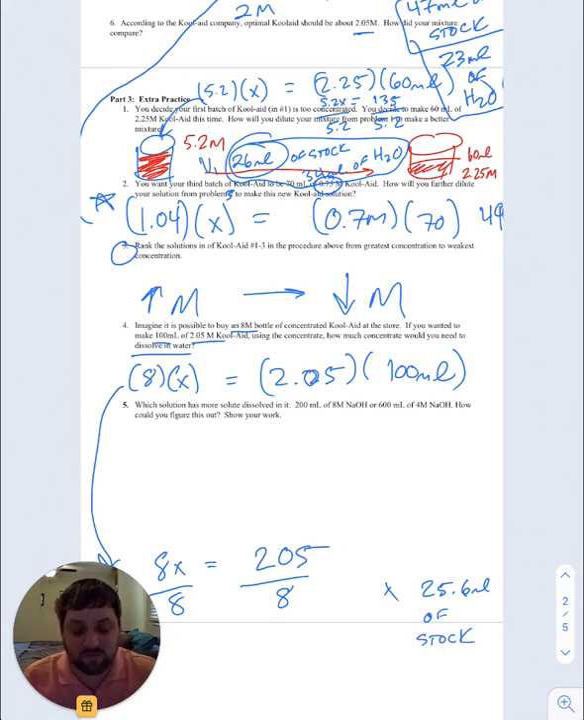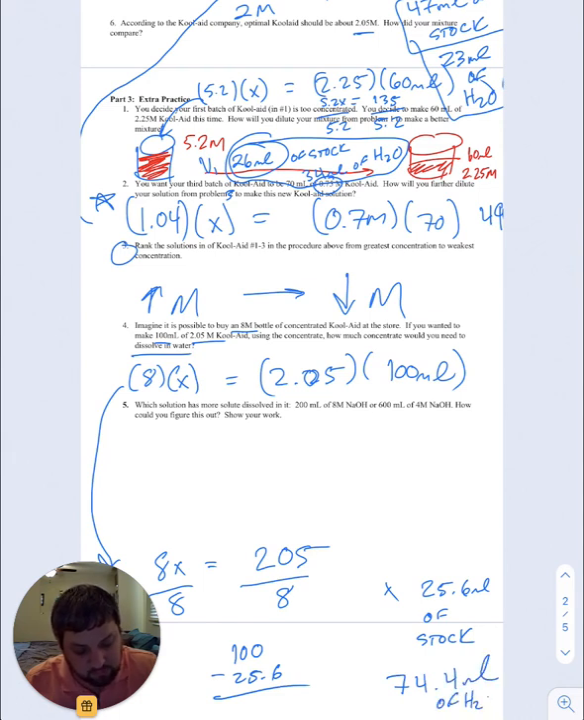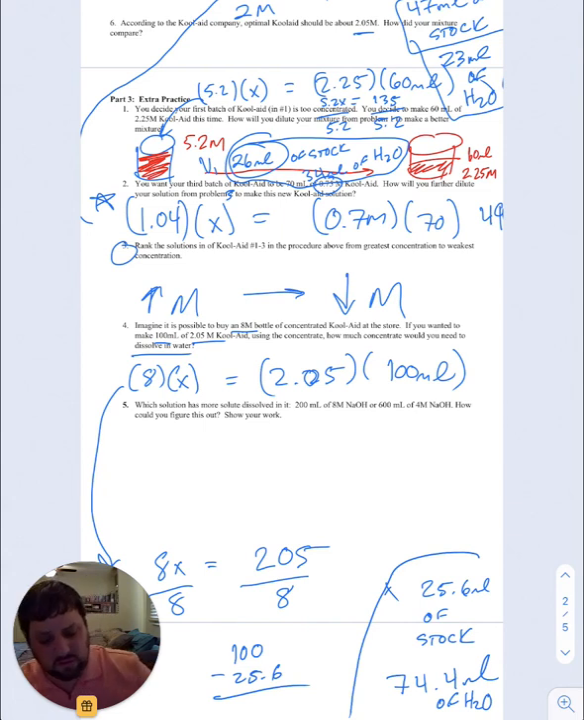So how do I get to my final 100? Well, 100 minus 25.6 is going to give us 74.4 milliliters of water. So how would I get it? I would take 25.6 milliliters of my stock solution and to it add 74.4 milliliters of water. Okay? And finally, number 5, I know this one is a different formula